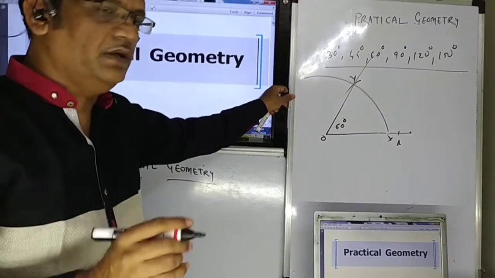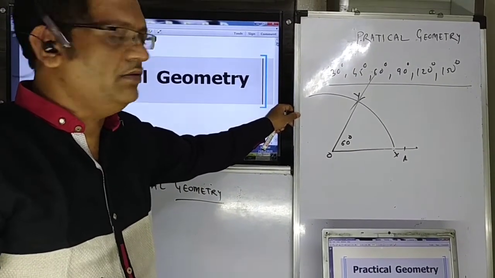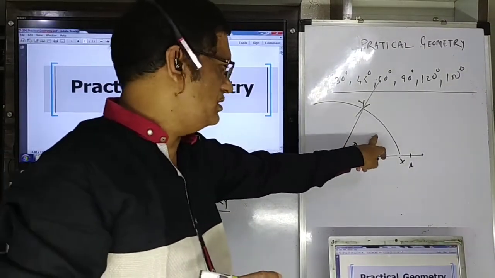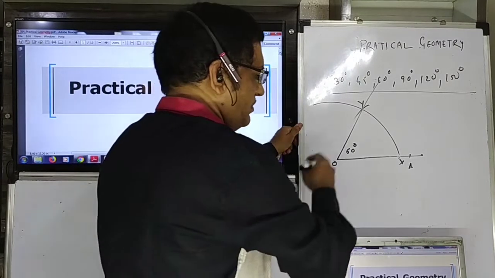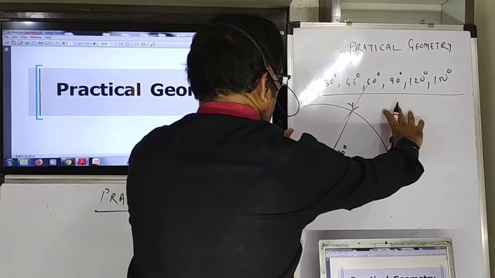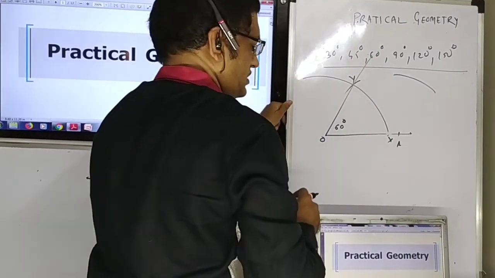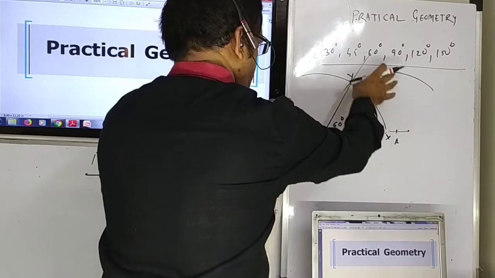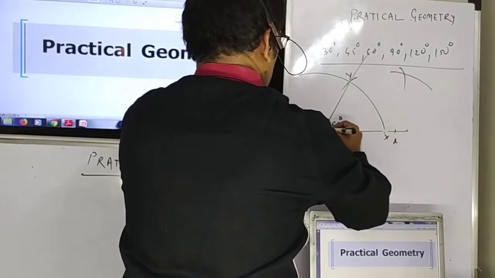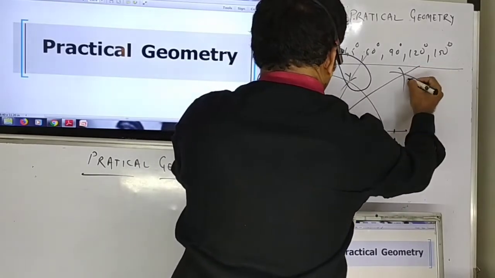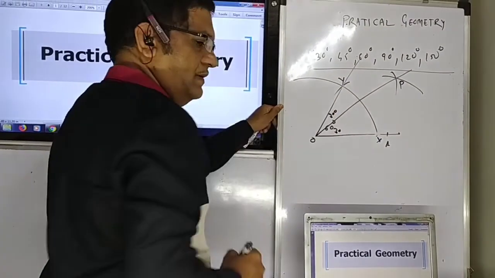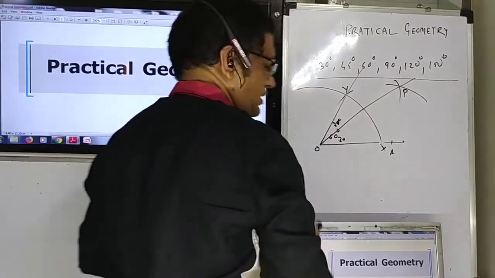Suppose we want to construct 30 degree. Then what we have to do? We have to bisect this angle. First of all, we have to construct 60 degree and bisect it with the angle bisector, as we have just seen. Put the metallic end of the rounder at X and draw one arc with some radius, and with the same radius put the metallic end of the rounder at Y and draw another arc. Now join this to, let us say, P, then this 60 degree divides into 30 degree, 30 degree. This is how to draw 60 degree and 30 degree.